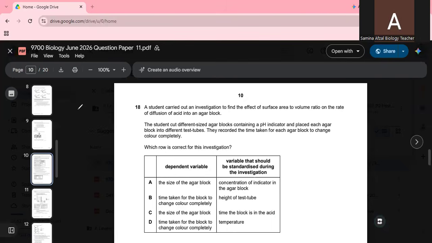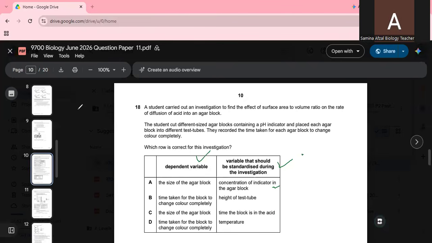So here you can see the size of the agar block, the dependent variable, and then the variable that should be standardized during the investigation. The size of the agar block, dependent variable, and the concentration of indicator in the agar block. So I would like to say that according to this dependent variable, D is the correct option, because the time taken for the block